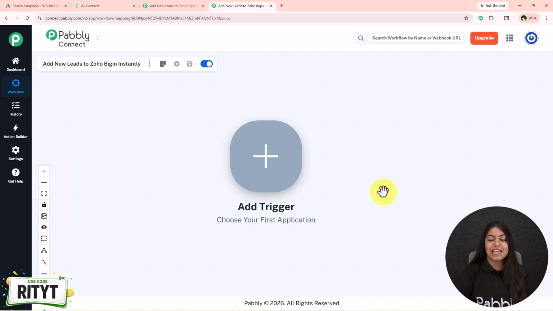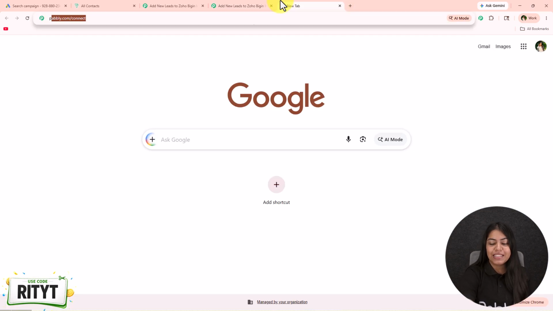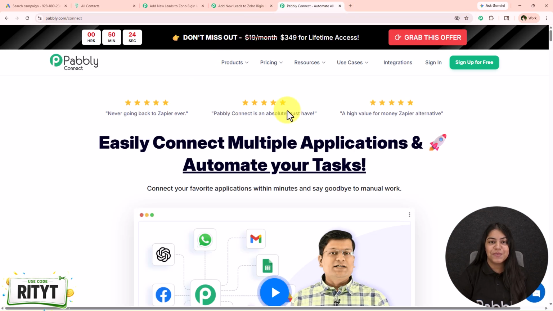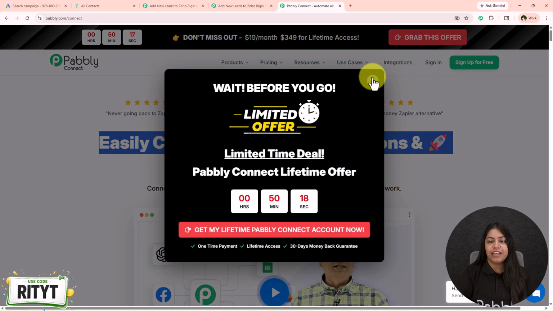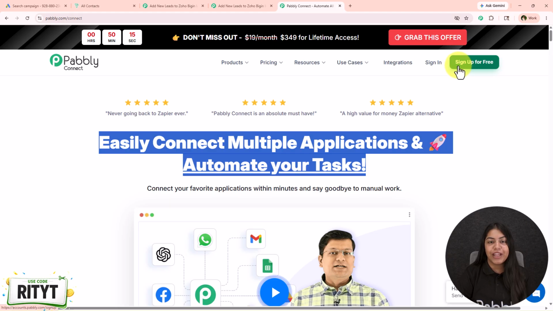So to do this, you just have to open your workflow builder inside Pabbly Connect if you are an existing user like me. But if you are a new user, go grab your laptops, open a new tab and search for pabbly.com/connect in your browser and open the landing page of Pabbly Connect. In the top right corner, you're going to see the option of sign up for free. So click on this sign up for free and you are going to get 100 tasks free every month